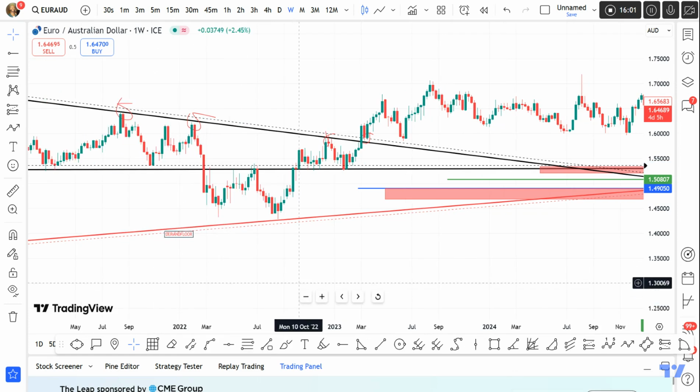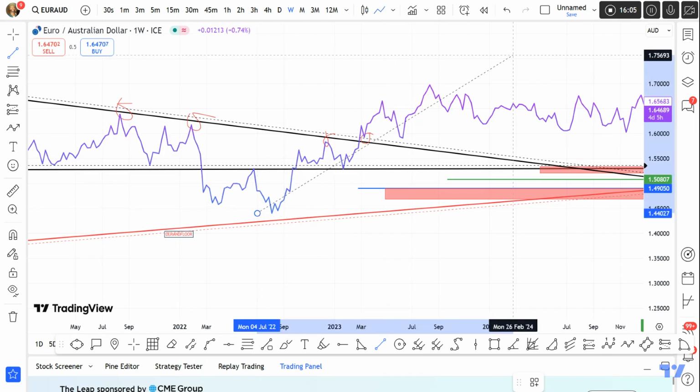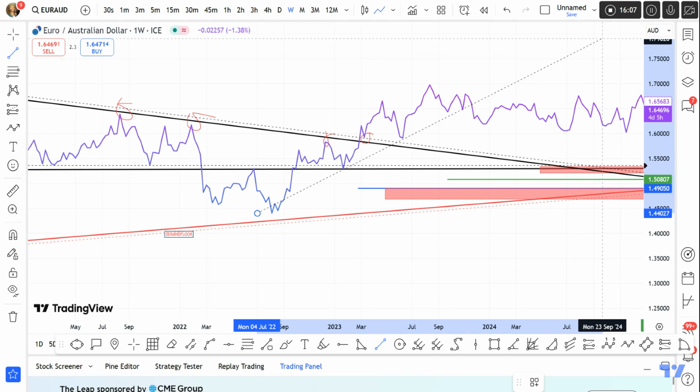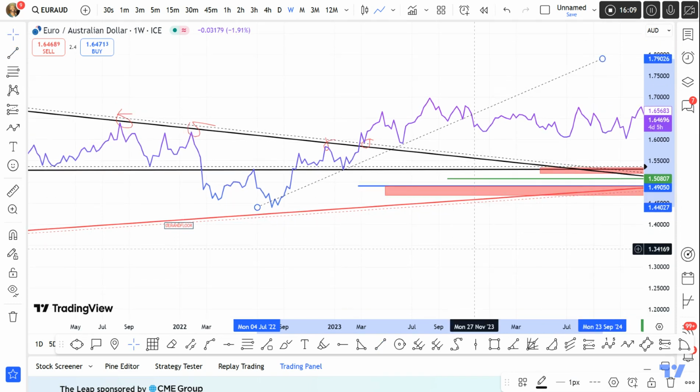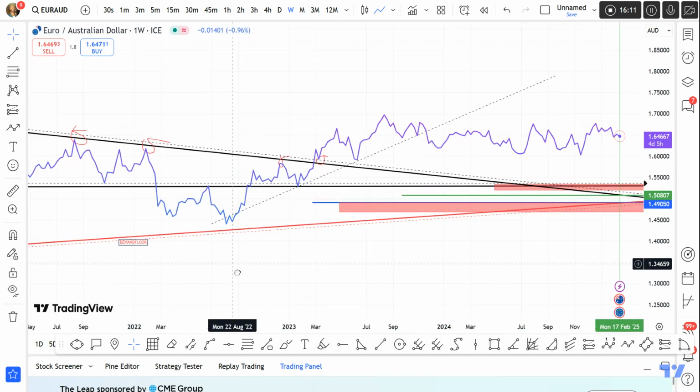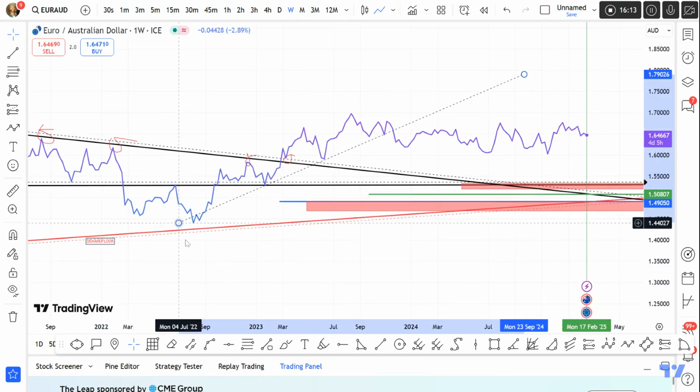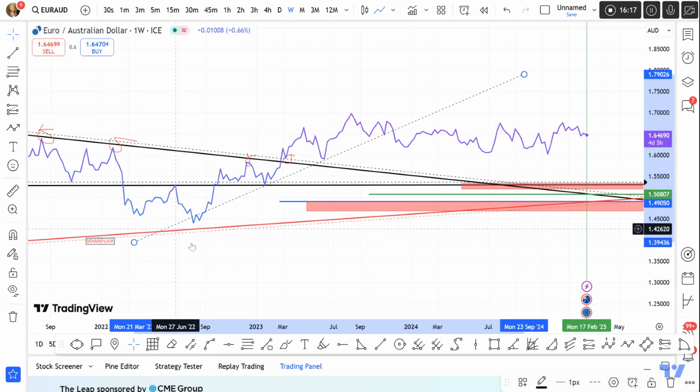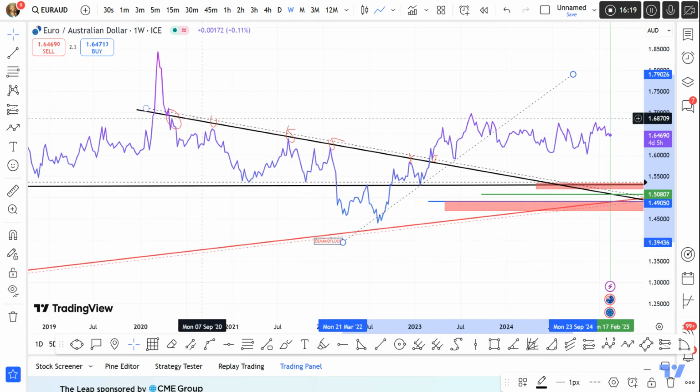On that note, I see a cross in this section. When I switch into my line chart, I see a break of structure without a potential retest. And this price action started from August 2022, a clean break of structure. We have price create a W structure, a reversal price action, sending the market from bearish to bullish. So EA is partly neutral, but all we are waiting for are strong fundamental data from the side of Euro